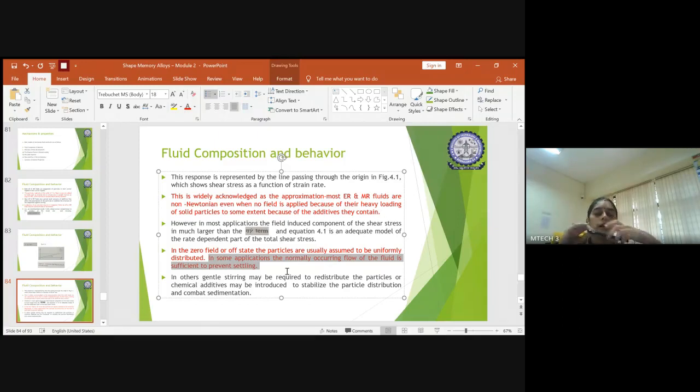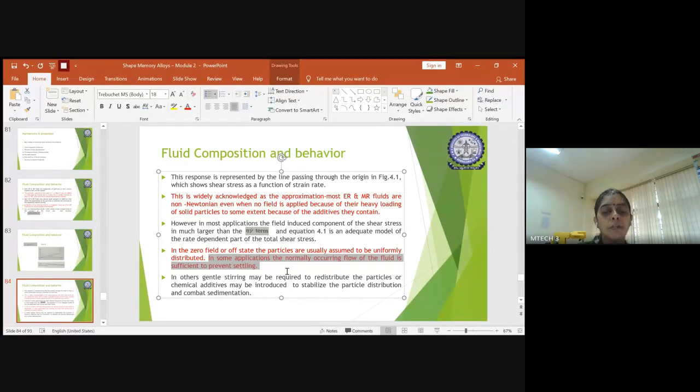Suppose you have a fluid and some particles which are distributed randomly. You will make the fluid flow in such a way that, by tilting or applying slight pressure, the fluid flows and gets arranged in a uniform distribution. Once the particles are uniformly distributed, you can omit the pressure you had applied before. If it is not arranged, then you should try to adjust the particles into a uniform distribution, or tilt the fluid medium to arrange the particles.